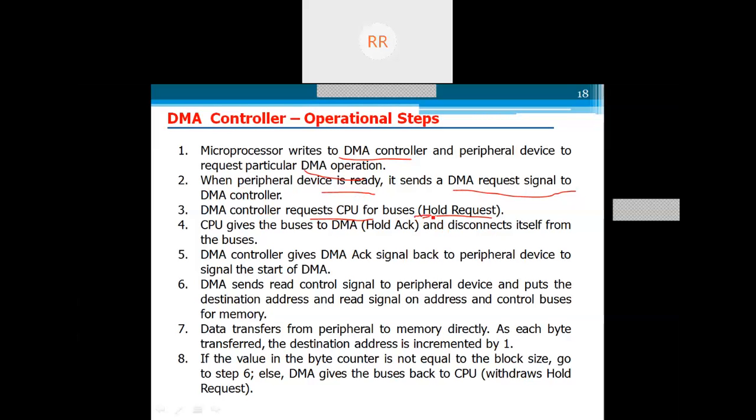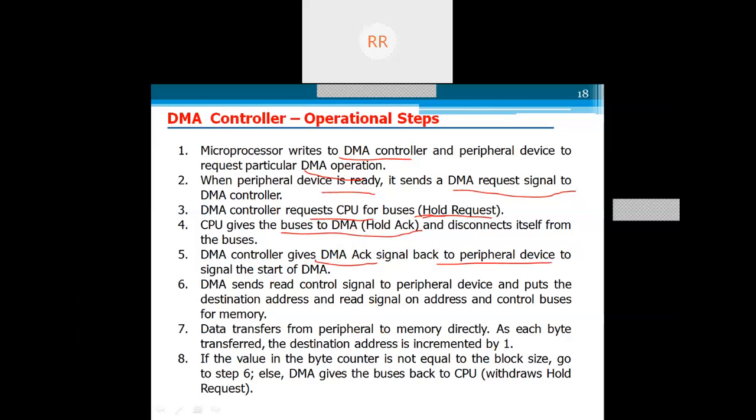Okay, the hold request signal. After the CPU is ready, it gives a hold acknowledgement signal to the DMA controller, and after getting the acknowledgement from the microprocessor, it gives the DMA acknowledgement signal to the peripheral device. So all these things we just discussed.